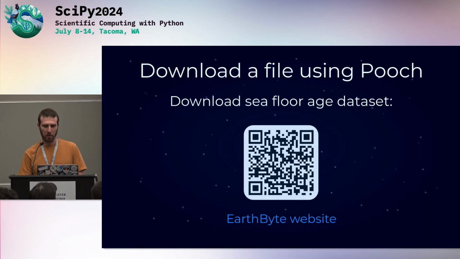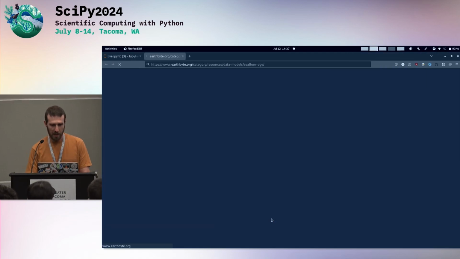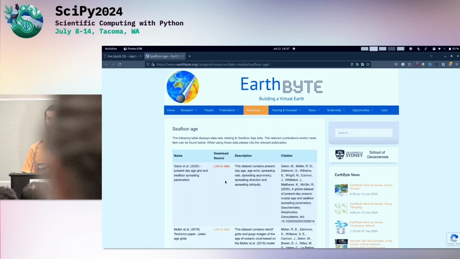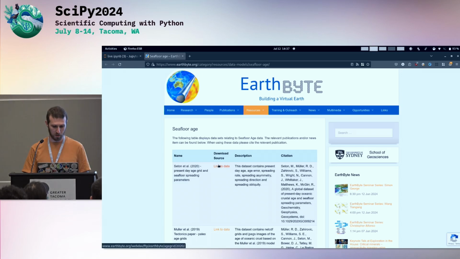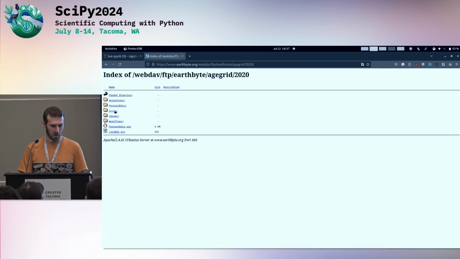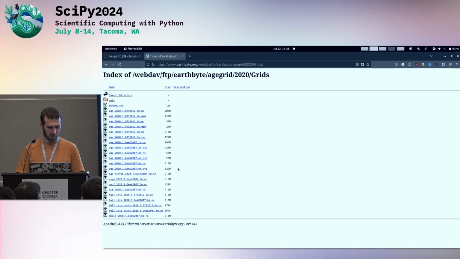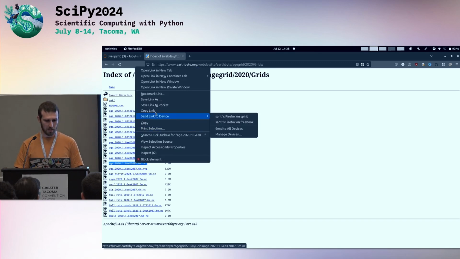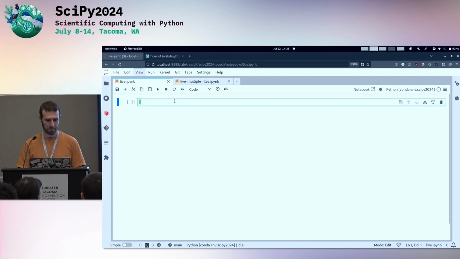So let's say you want to download some file. I have this link to the website that has a file, a data set, with the seafloor age in different locations of the world. So I can go here to this data, go here to the grids folder, and let's find this file. For example, the 6 minutes resolution one. Sorry, this one. So we can copy the link to this file,